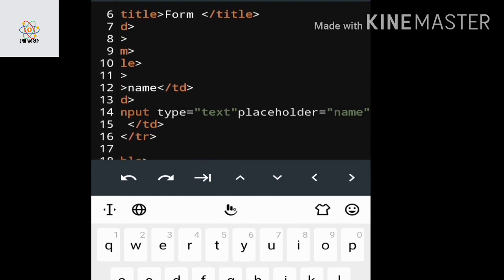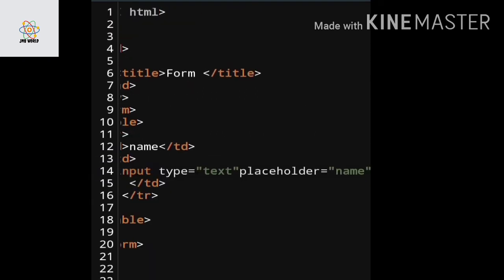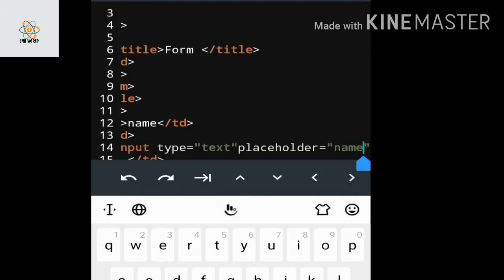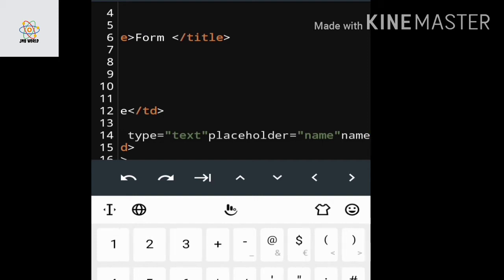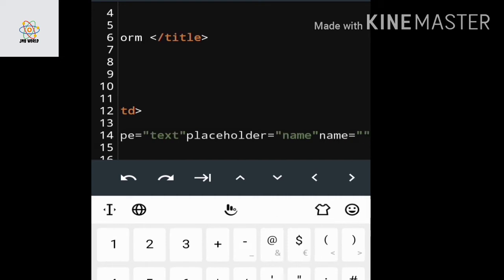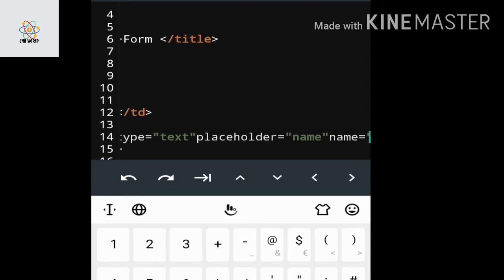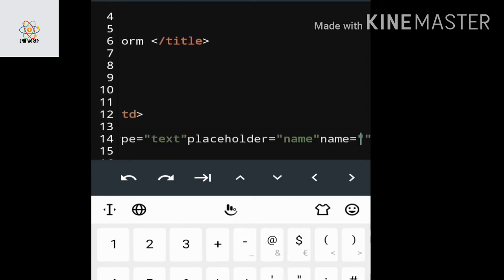Then I give name equal to double quotation marks, and here I give it blank because I have to enter my name.